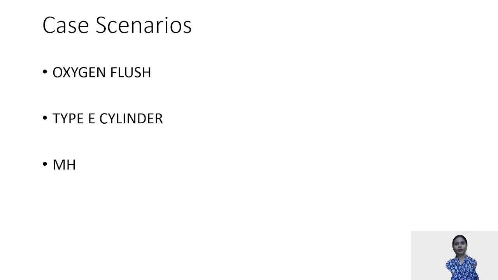Then malignant hyperthermia, I just told you about the case scenarios. Now overall, this was all about your anesthesia machine, but my personal advice to you all is just go through these 2 sessions once. Please visit your OT once. You will get a better outlook of your anesthesia machine and you'll be able to correlate the anesthesia machine much better once you have seen it. Then come back and revise these 2 sessions. It will be really helpful to you.